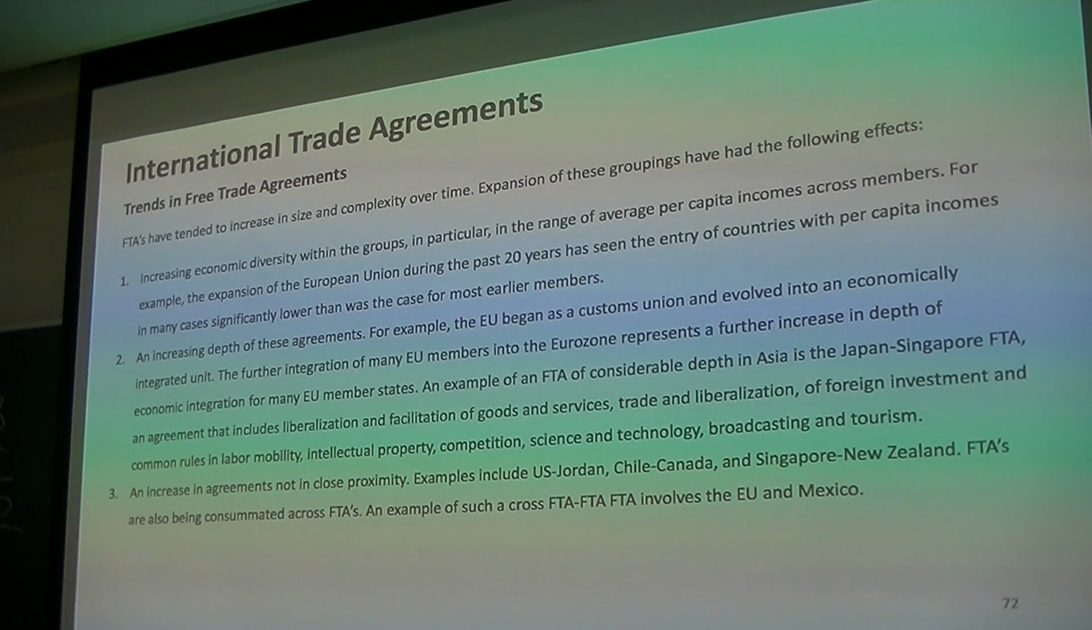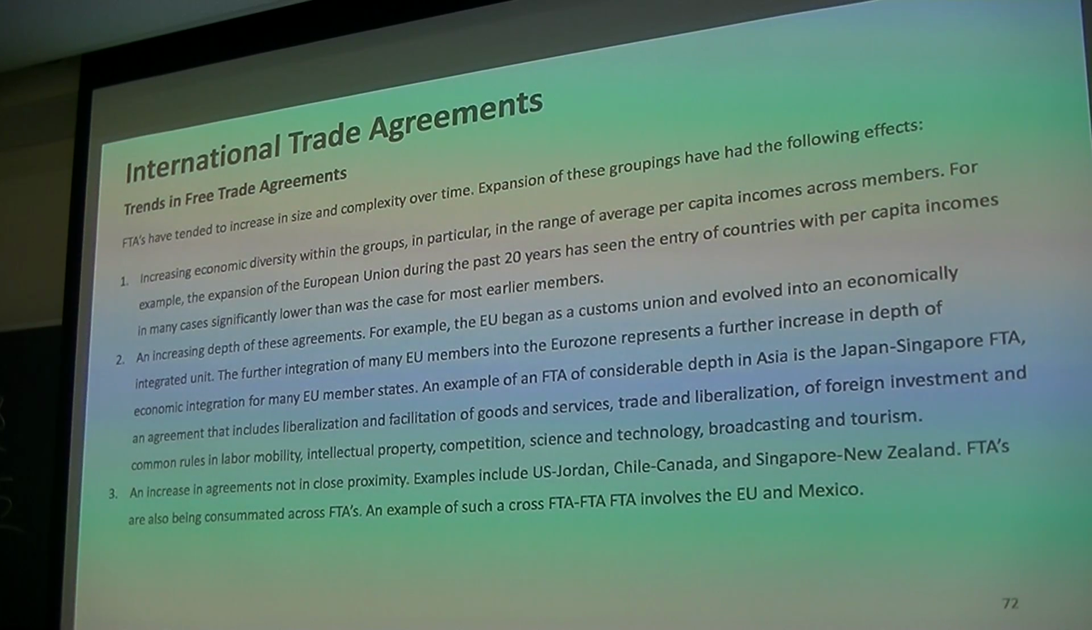And there's a free trade agreement between the United States and Jordan, the Middle Eastern country Jordan. I don't quite understand that. Maybe I suppose that could have some advantage for Jordan. Can't imagine it would have much advantage for the United States. Chile and China and Canada. Singapore, New Zealand, and then you have cross